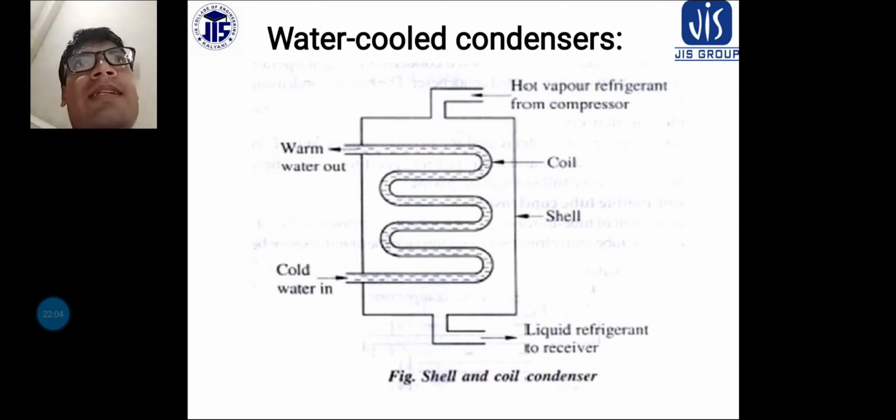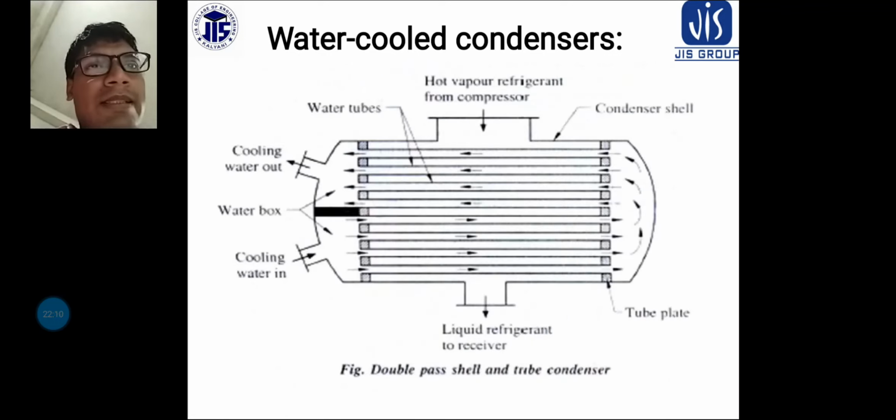Another one you need to know is the double tube condenser. In case of a double tube condenser, it has a condensing water tube inside the refrigerant tube. The refrigerant flows in the space between the tubes while the water is pumped through the inner tube. Water flows in the opposite direction to the refrigerant, with the coolest water in contact with the coolest refrigerant, and the warmest water with the warmest refrigerant.